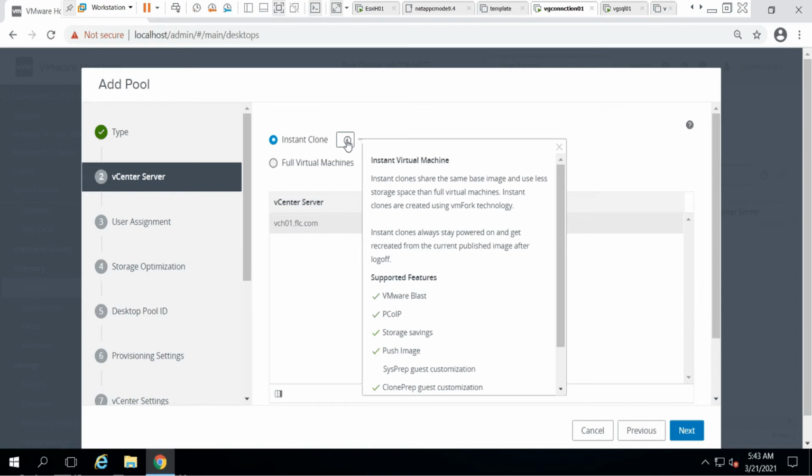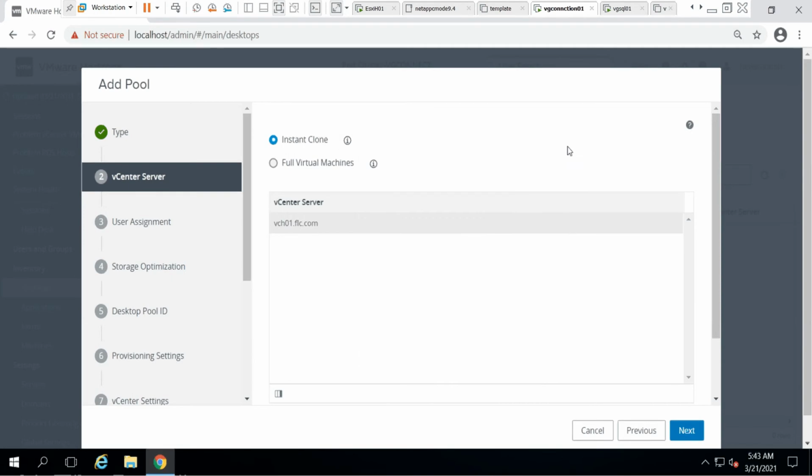The protocol we use for VDI is VMware Blast. It will also ask for the protocol when you create the pool, so we'll see it in the next couple of options. So we'll go for next.